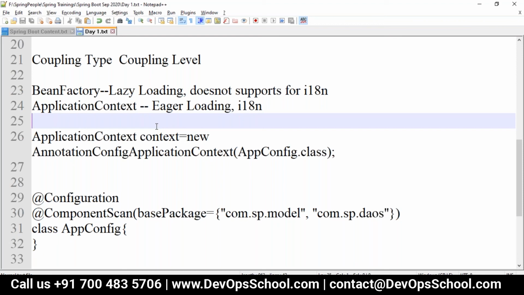Because if one object depends on another, which depends on another, like you're making a big complex object, and you make it an application context, then when your application is bootstrapped, if you have 10 dependent objects it will take a bit of delay to load them one by one. So based on our request, one by one the objects should be loaded. So we go with the bean factory.